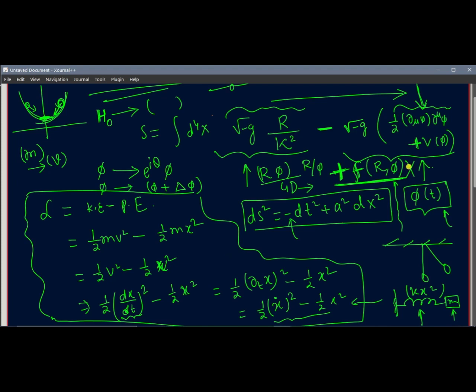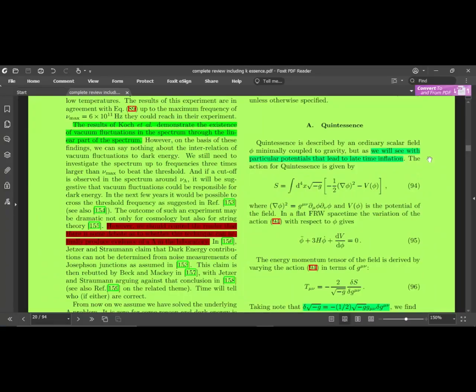For an example, we are switching off any kind of non-minimal or direct interaction between field and metric, and we are saying that only a very minimal interaction exists. What does it tell? The field does its work, and I do my work. Your dynamics will influence me, and my dynamics will influence you, and through this we are trying to understand the cosmic nature of our universe. So let us get started with the equation of motion.